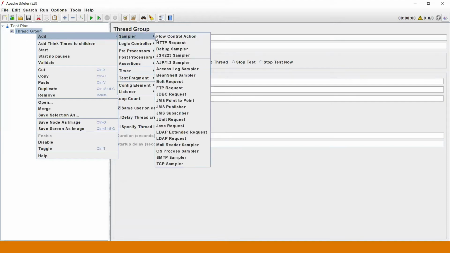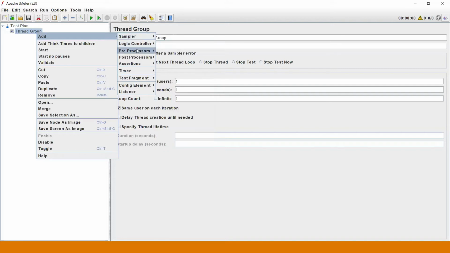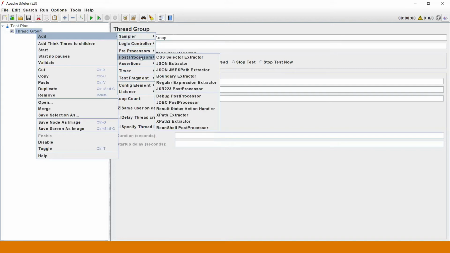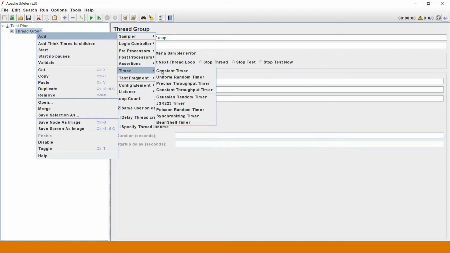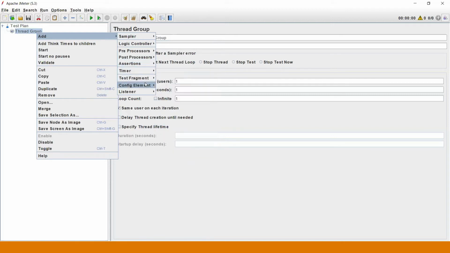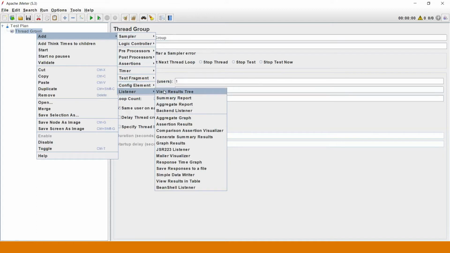In the sampler, you have different options: HTTP, flow control, debug, BeanShell, FTP, JDBC, and a lot of other samplers. Similarly, controllers: if controller, transaction controller, etc. All these things are under test plan and thread group. Again, pre-processor, post-processor, assertions. These are all the assertions that JMeter provides. Different types of timers, config elements, CSV data config set, header manager, cookie manager, cache manager, etc., and listeners. These are the things that are provided by JMeter.